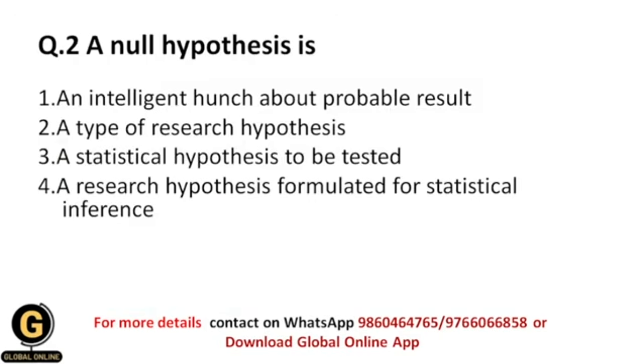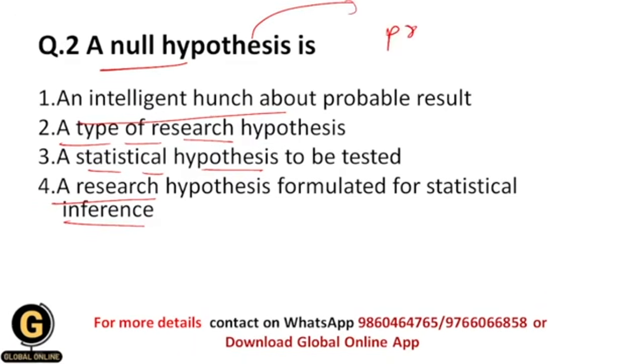Next, a null hypothesis is. Now what is the definition of null hypothesis? Whether it is an intelligent hunch about probable result, or it is a type of research hypothesis, or it is a statistical hypothesis to be tested, or it is a research hypothesis formulated for a statistical inference. So basically students, a null hypothesis is a statement in that we predict that there is no relationship between the variables under study,